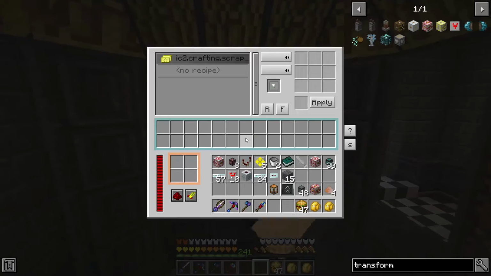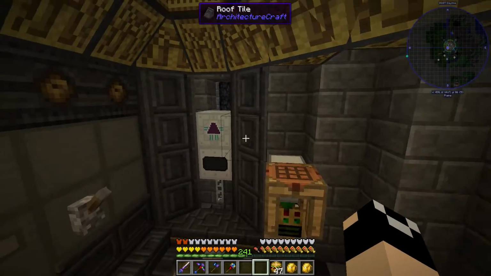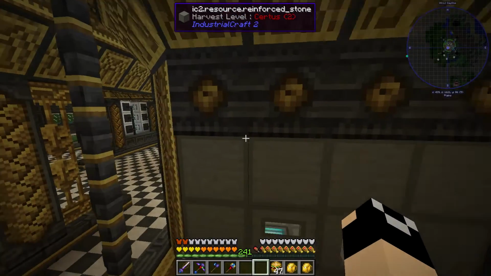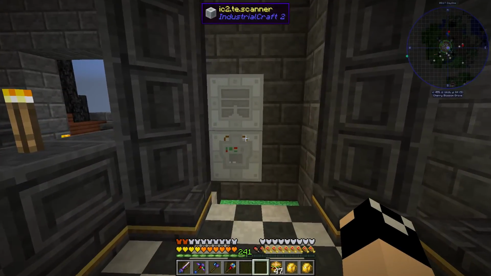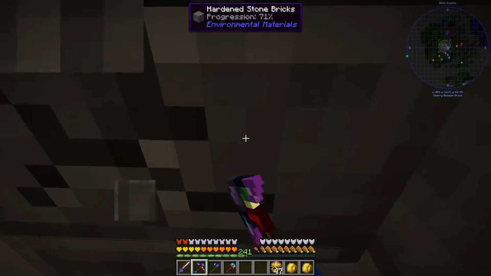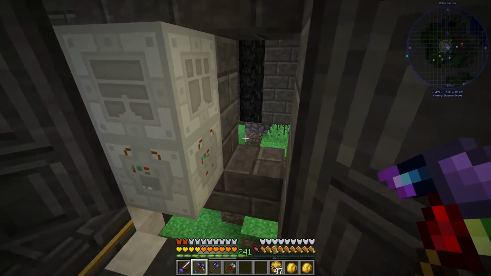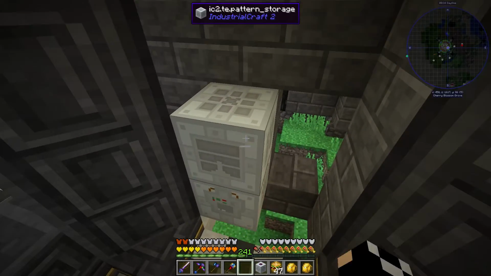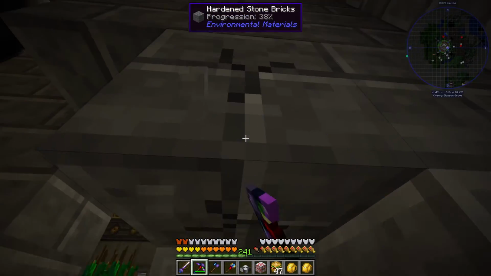Slowed down a lot. So we're definitely going to want to speed this whole process up fairly quickly. But what we are going to do, let's go ahead and set up ourselves. If I break this back, it's not too bad. We've got our scanner, our pattern storage. Let's go ahead and put our replicator setting here. That's actually behind. Yeah, let's go ahead,